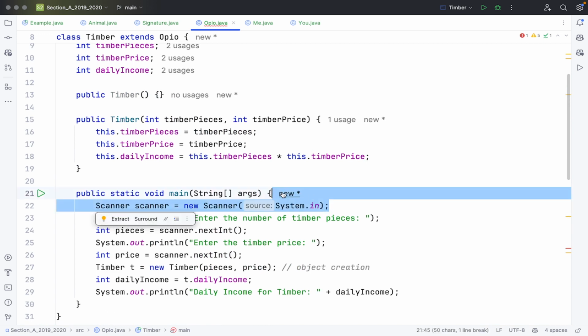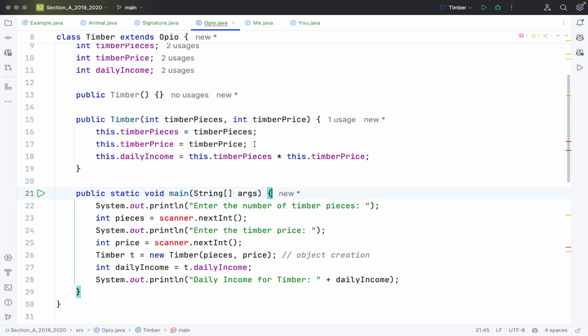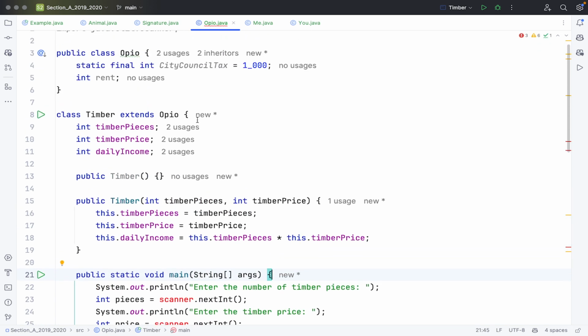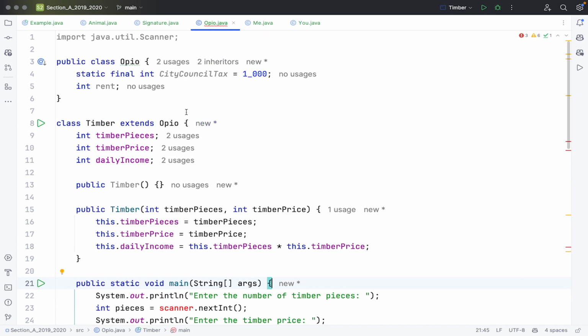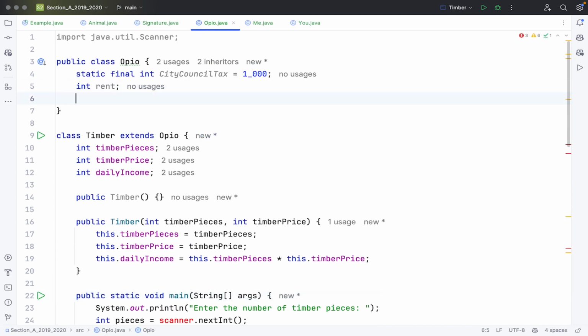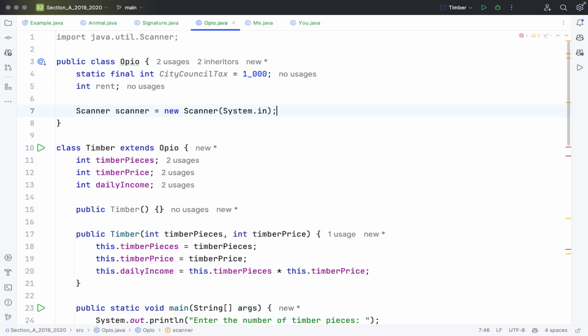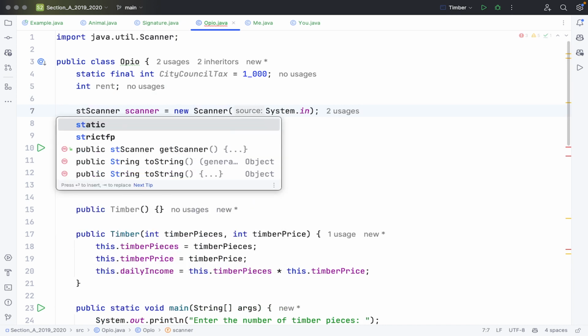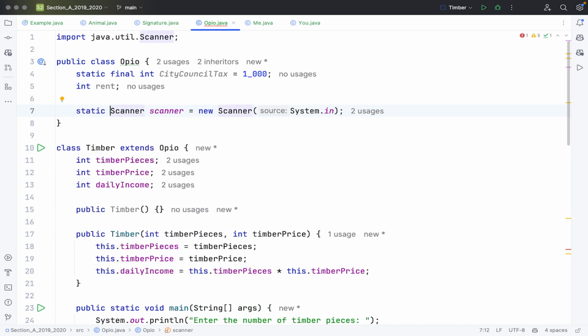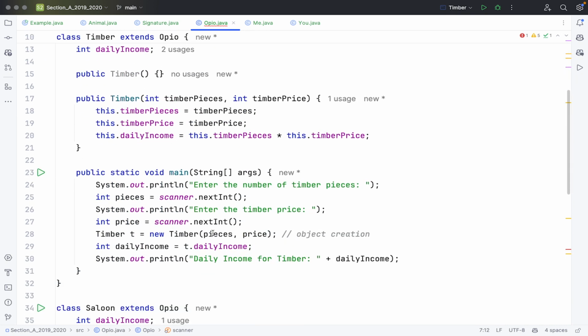So we remove it from this scope and put it here, but this is now just code maintenance. Declare it like that and then make it static like that, so we only have one copy of it in memory. So this code will still run,